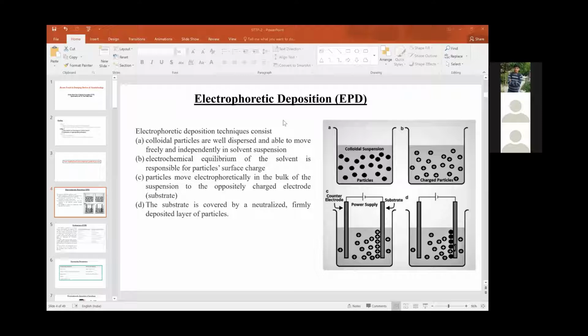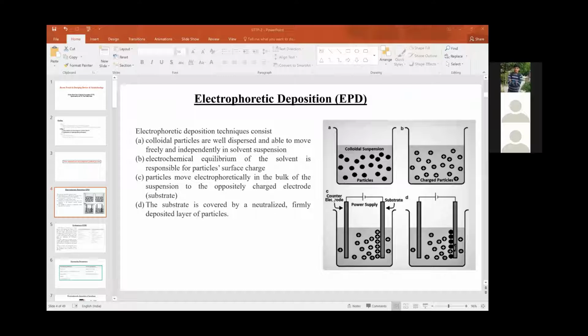And if we want to synthesize the material through this EPD process, then there is no need to charge the particles, no need to add an acid or base. But since in this case the chemical reaction happens throughout the chamber, we need a suitable chemical reaction reagent.